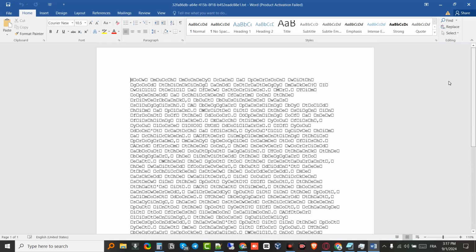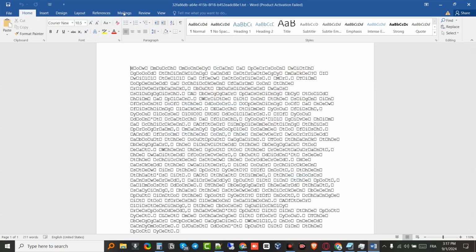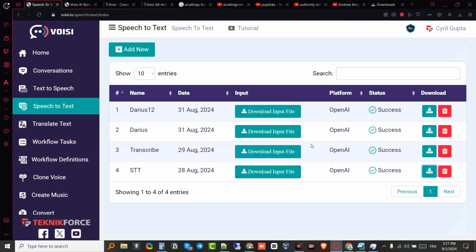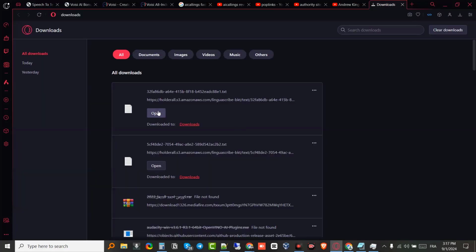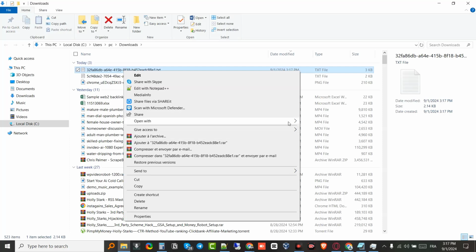I'm not sure why it's showing like this, but basically it's in another language because my Word document is programmed in English language. So if it is in another language, it's gonna show up like that. Let me just go and try and open it up in another file reader.